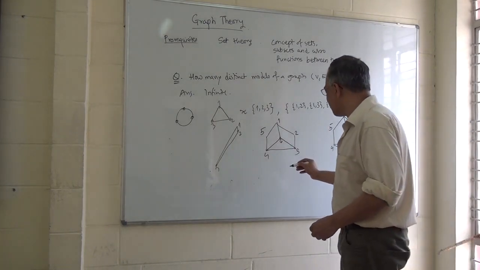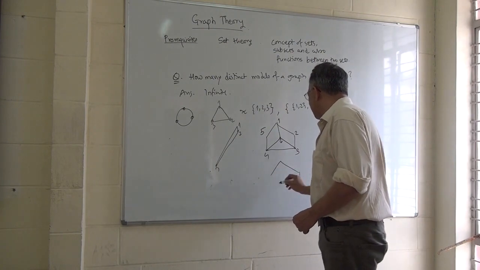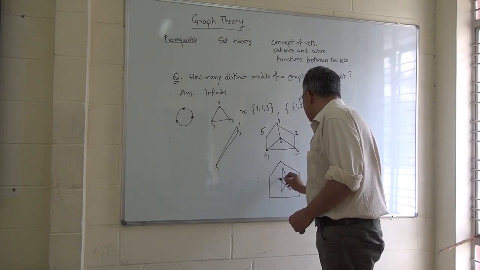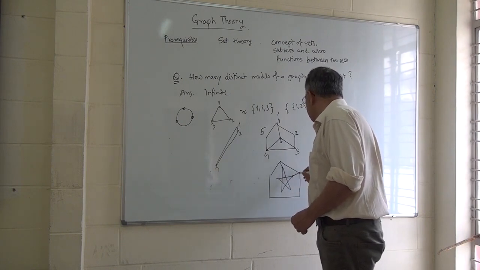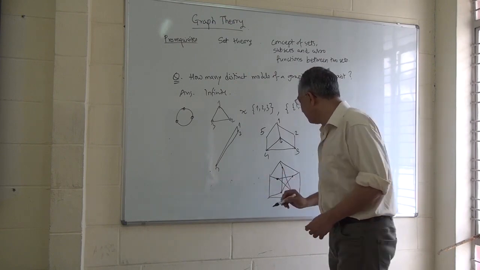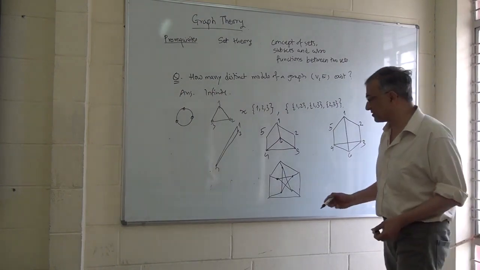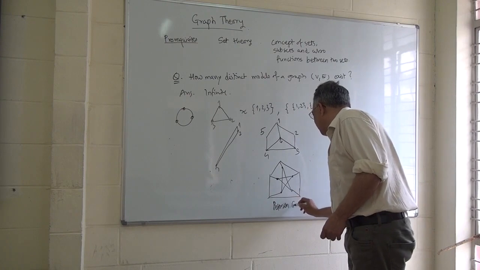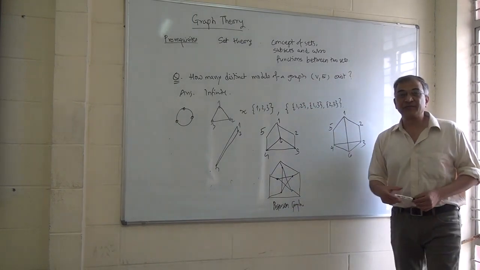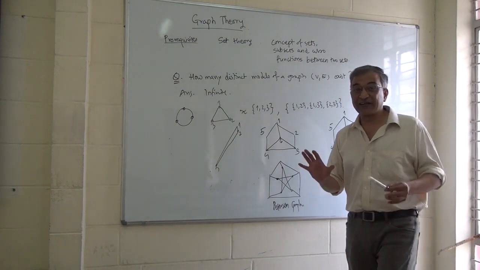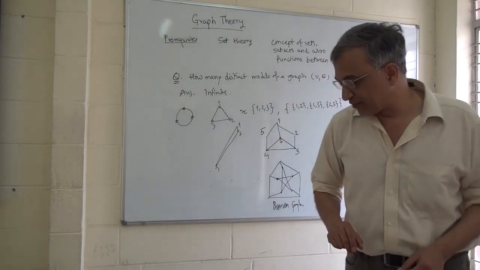Another example which is very interesting is this one. Just look at this. There are many interesting ways, not just very stupid ways of changing the model, but very interesting ways of changing models. This is what I call the famous Petersen graph. This graph is very famous, because if you want to formulate some kind of statement about graphs, it is useful to check for such graphs. These are what I call test cases. So the Petersen graph is one of the very famous graphs.